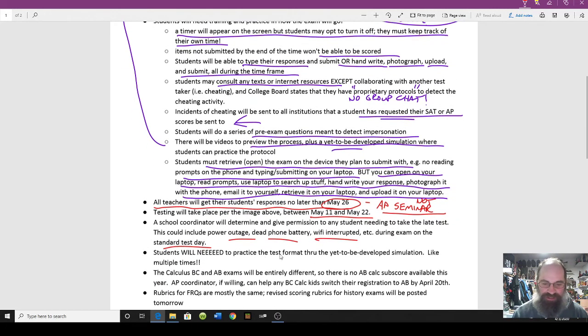Students will need to practice the test format through the yet-to-be-developed simulation. But what I would practice right now is opening up a document on the laptop and taking notes and then writing it, and then referring to your notes as you type it. That's what I might do. Your mileage may vary.